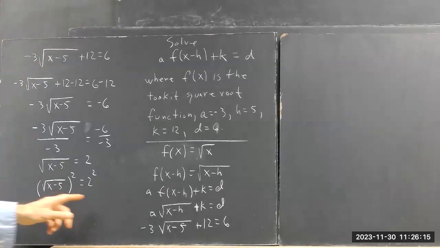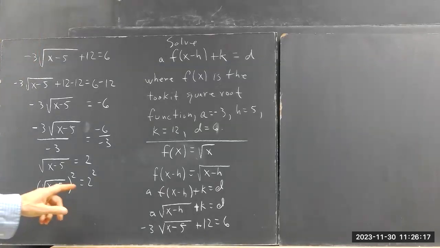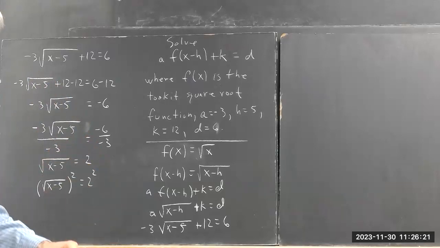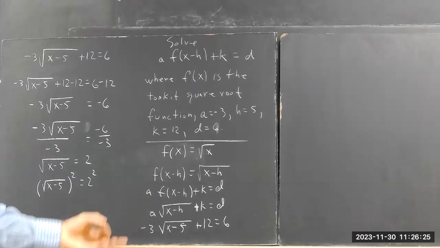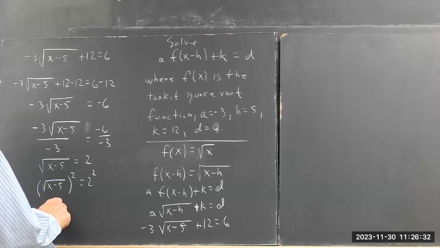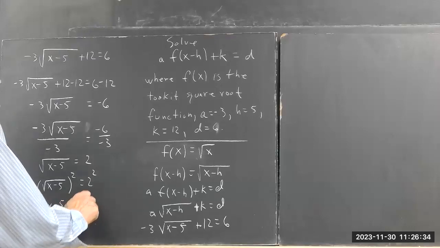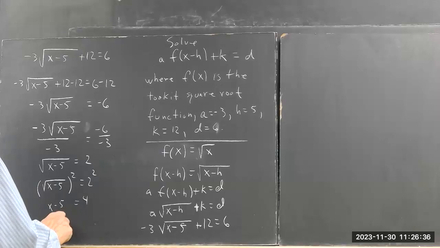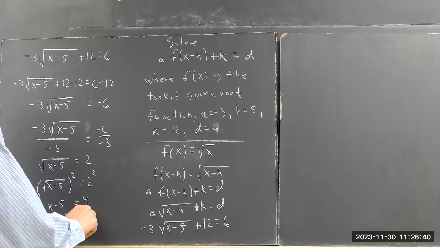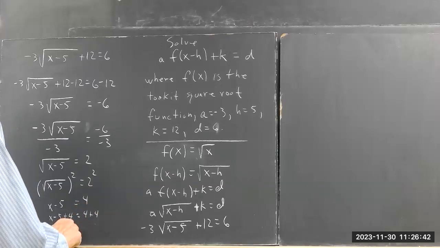Not everybody wanted to write out this step, but we want to be very explicit so that we reinforce what we're doing instead of just doing it out of habit and forgetting that it's a basic rule. So when we square a square root, we get that thing we took the square root of. We get x minus 5 equals 4. Then, just to be complete, we'll add 4 to both sides, and we get,